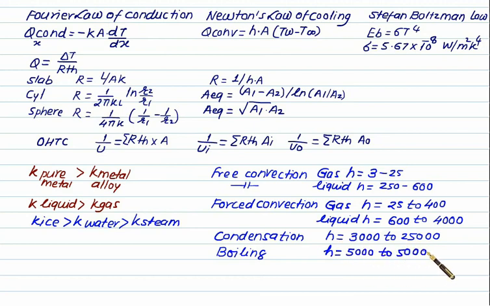The critical radius of insulation in the case of a cylinder is given as Rc equal to k by ho, where k is the thermal conductivity of the outside insulating material and ho is the outside heat transfer coefficient. In the case of a sphere, the critical radius is given as 2k by ho. The critical radius of insulation concept is not applicable in the case of a slab.